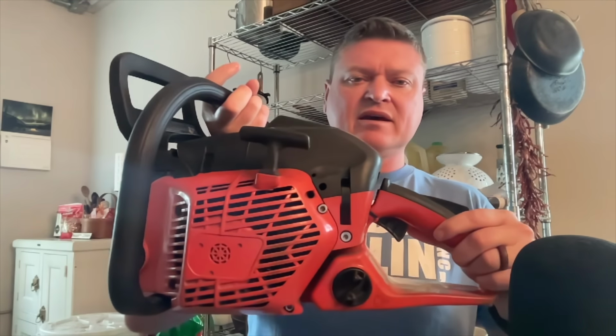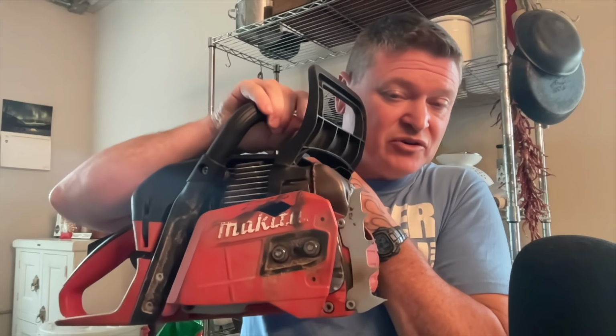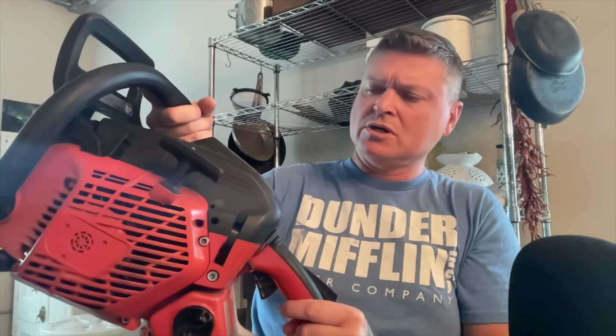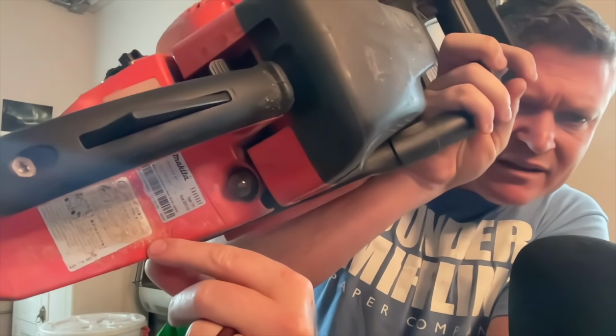All right. This is the Makita 5600, an EA5600F. This was a rental saw from Home Depot. You see that they've etched some rental saw number into the plastic in there. They've done it there, and I think they've done it on the top cover too. I can't remember. Well, I can't see it. The light's pretty bad, but anyways,